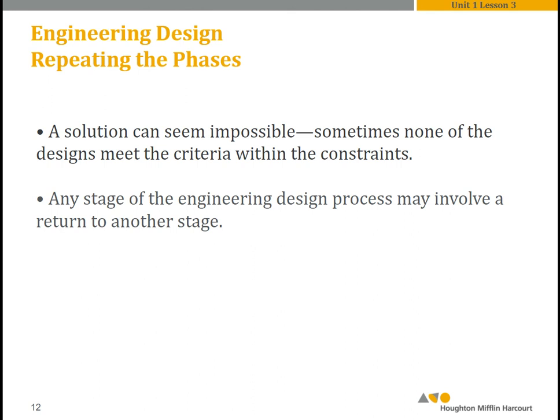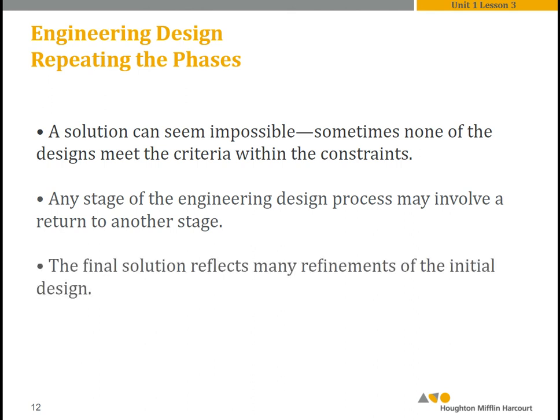But if you can't do that, then any stage of the design process might involve a return to a previous stage, or it might involve redoing that stage. Again, it's an iterative process. It's kind of a funny word. It might be hard to say fast, but learn it. Iterative. The final solution often reflects many refinements of the initial design, because you keep iterating through that process, and then you come up with your best final design that meets the criteria and constraints, and that is what you produce and what you communicate about to your